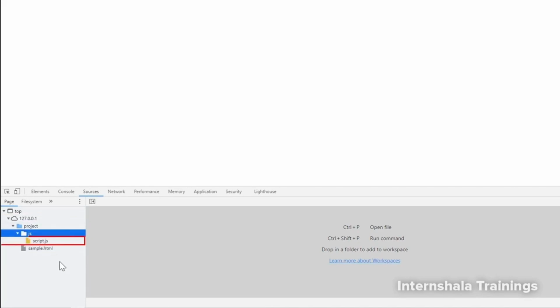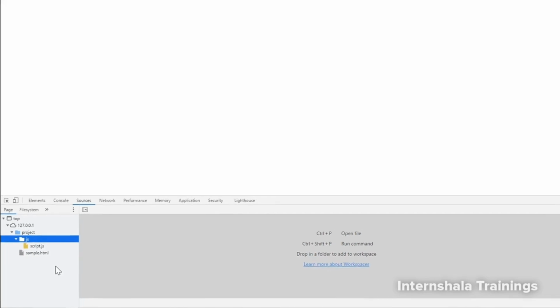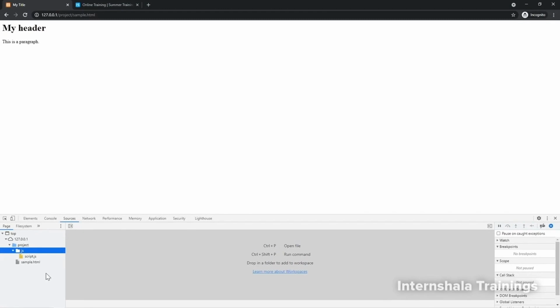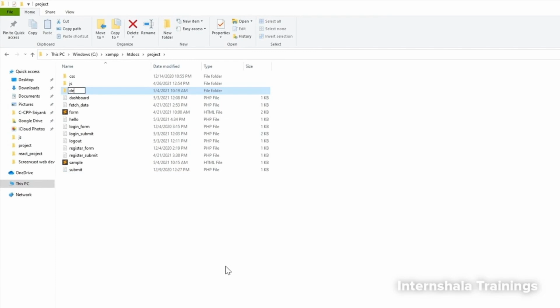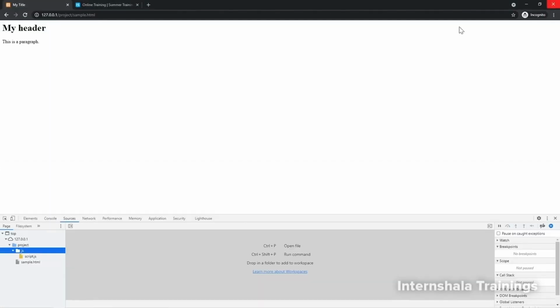Then we have a script.js file that is linked to our HTML file. And lastly, we have our HTML file. Note that the browser will not know if we have other files or folders present in our server until we link them with our HTML file. For example, if I create another folder, demo, inside the project folder and then refresh the web page,